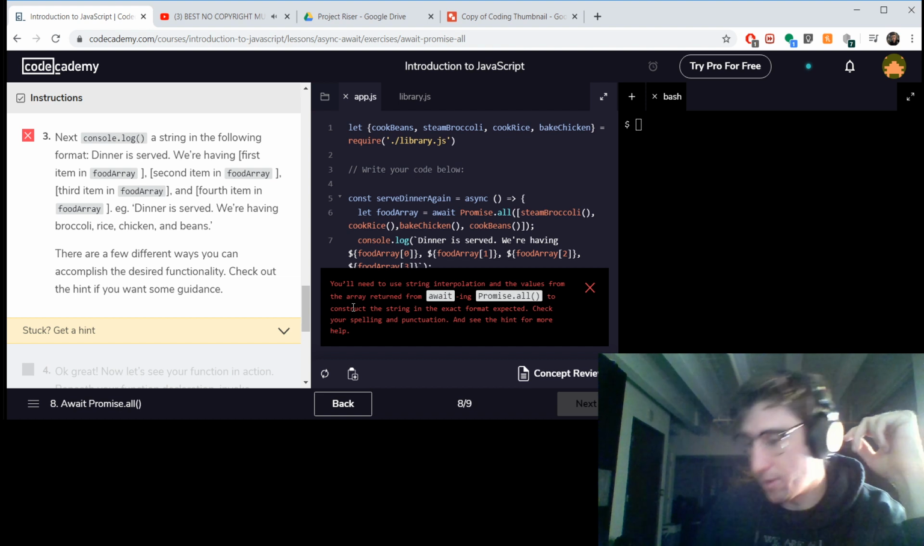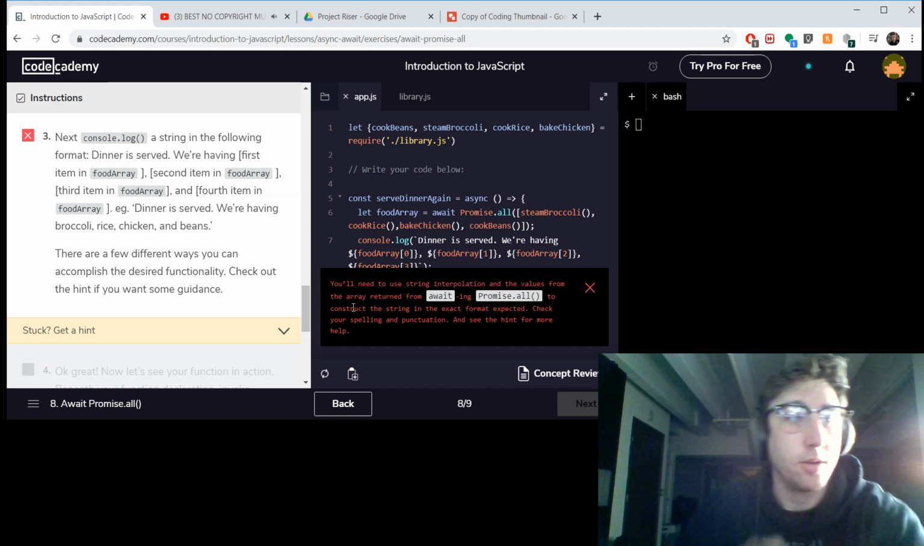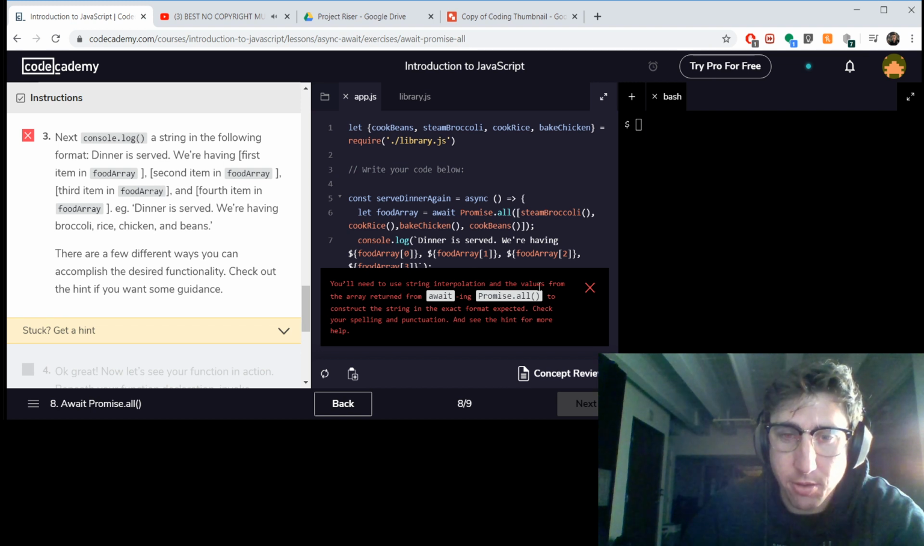Let's see. You need to use string interpolation and the values from the array returned from await. Alright, so I await a return from all of these promises, and then